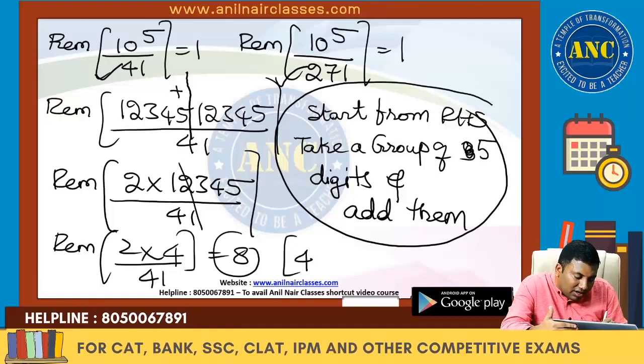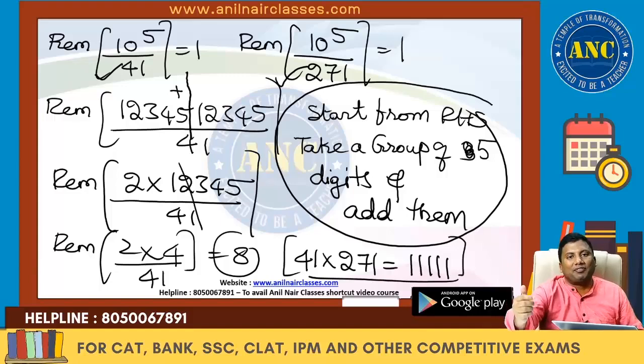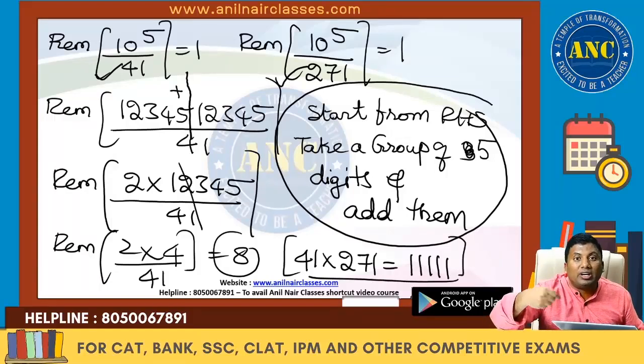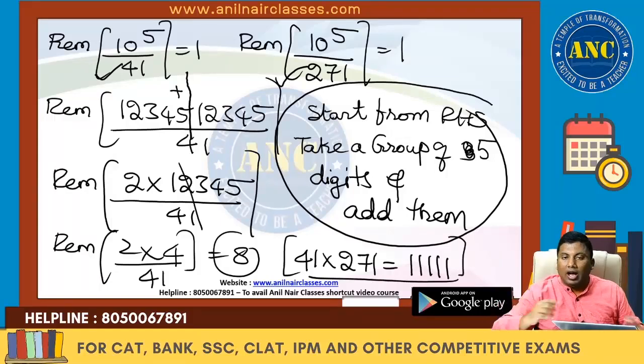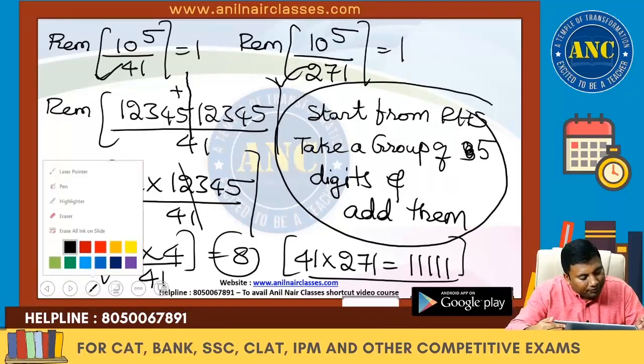The root cause of this problem is 41 into 271 is 5 ones. Because 41 into 271 is 5 ones, I am able to deduce a rule. I hope it is clear, right? 41 and 271 are also over. Another concept,